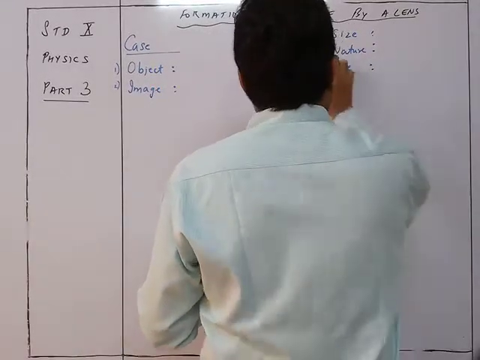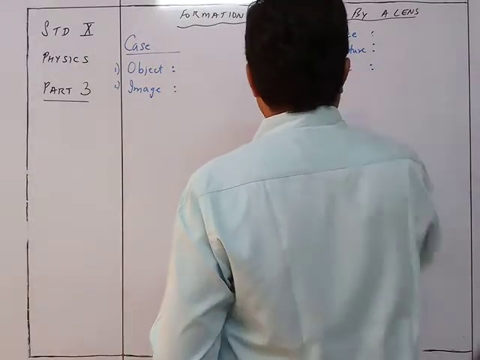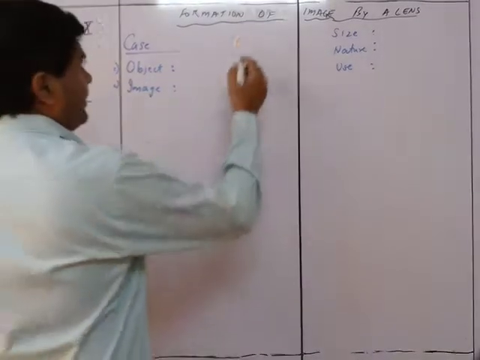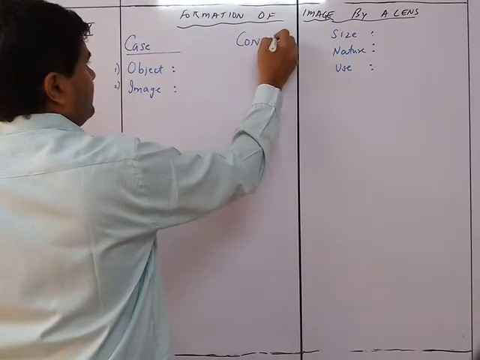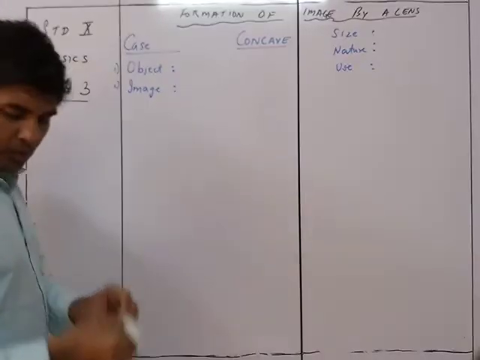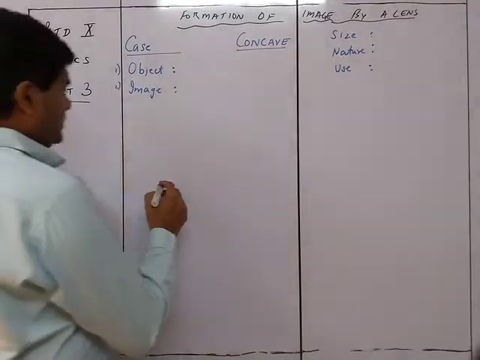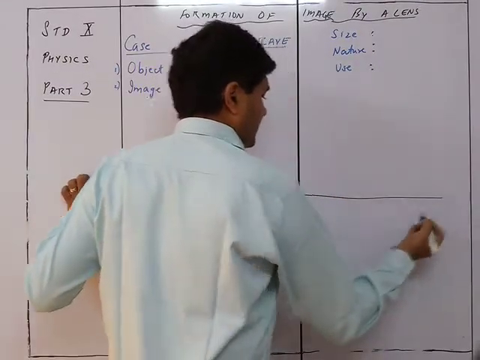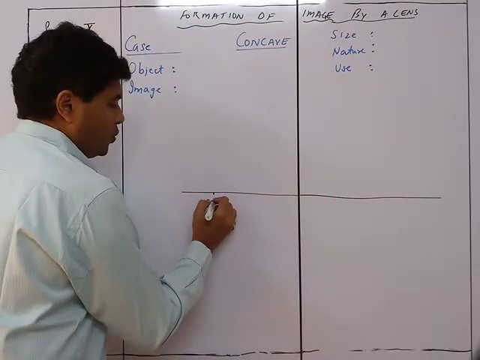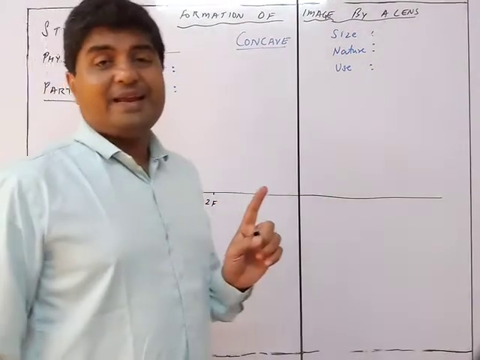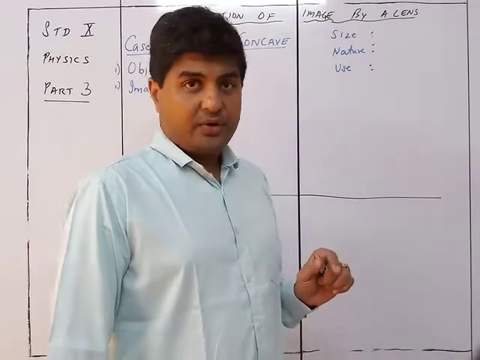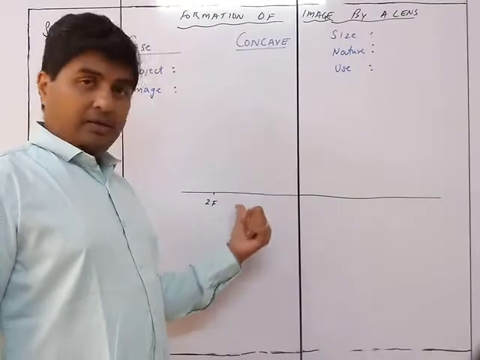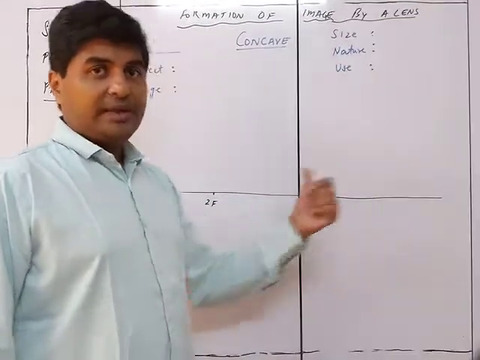So again, the same way we'll be having the first one as A and B. So the first case, we have over here for concave, and what we have is first the figure. So let's see the ray diagram. As usual, this is 2f. Now here the different thing is that in case of a concave, f2 is here and f1 is here. Okay, convex में f1 f2 था, यहाँ पे f2 f1 होगा.